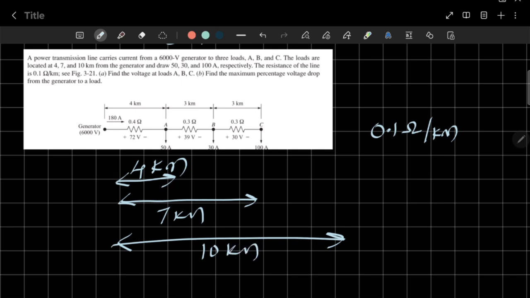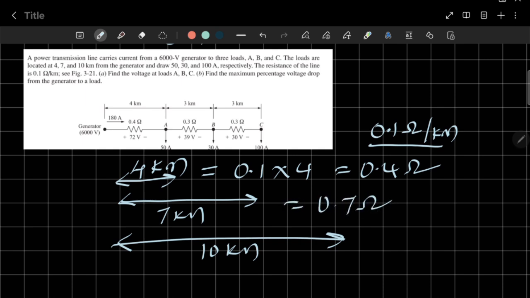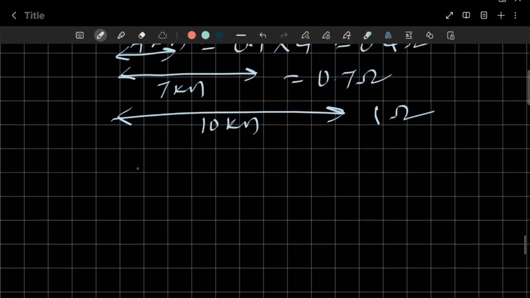If you take 4 kilometers, how much resistance will be created? For 1 kilometer they have given 0.1 ohms, so for 4 kilometers, 0.1 into 4, that means 0.4 ohms. For 7 kilometers, similarly, you will get 0.7 ohms. For 10 kilometers, you will get 1 ohm. But these values are all measured from the generator, so instead of writing everything from the generator,